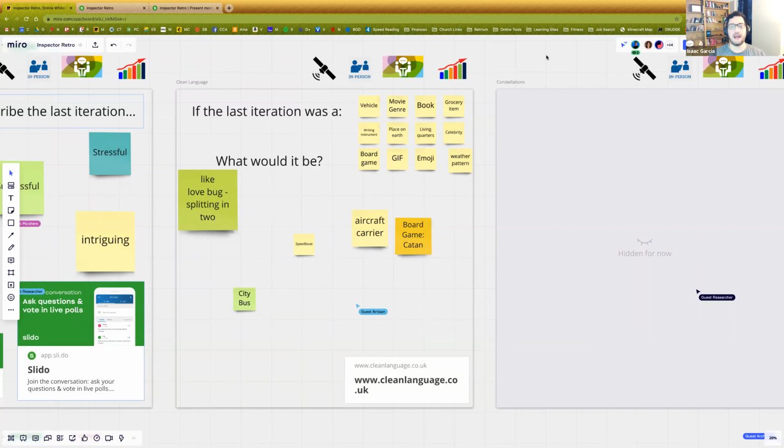Tell them, let me try it one time. We're going to do this clean language exercise. And at the end of the retrospective or next retrospective, we'll look at that and say, hey, remember we did that clean language thing? Did you see that there could be some value to it? Or do you really think it's just garbage and we shouldn't do it anymore?